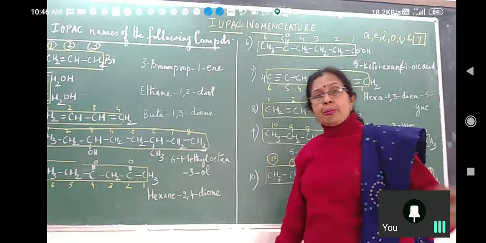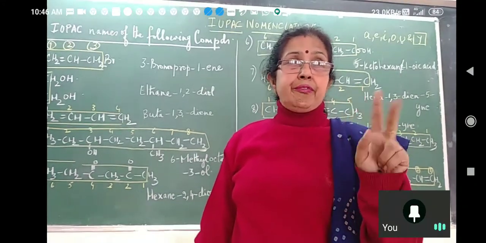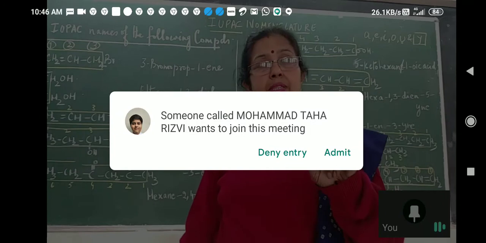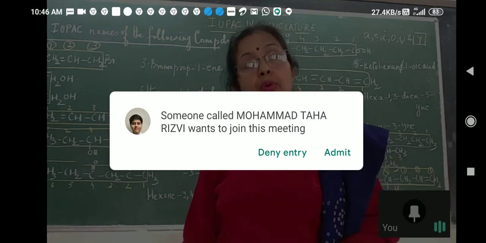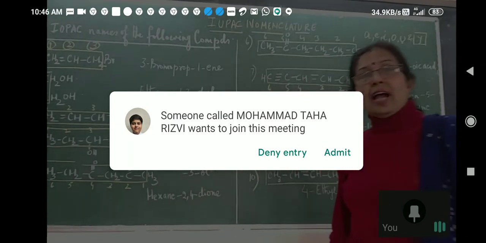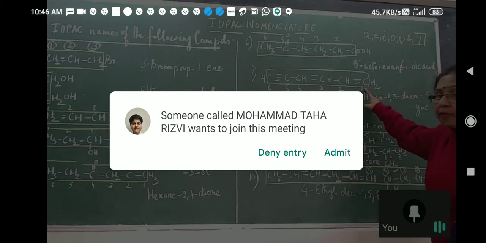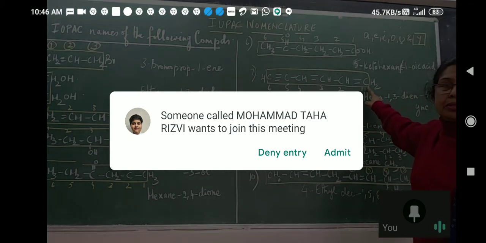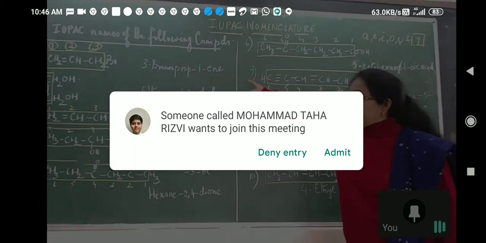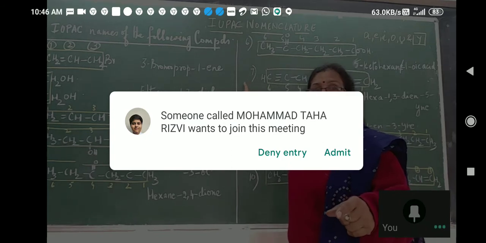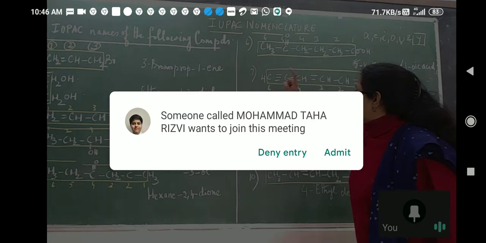If it is the same from both the ends, then I had given you this rule last time. If the lowest sum rule gives the same from both sides, then preference is given to the double bond, because at room temperature, the double bond is more reactive than the triple bond and it comes first in the priority order. So we will number from this end. Have you understood this? 1, 2, 3, 4, 5, 6. Mark it important. This is a tricky question.